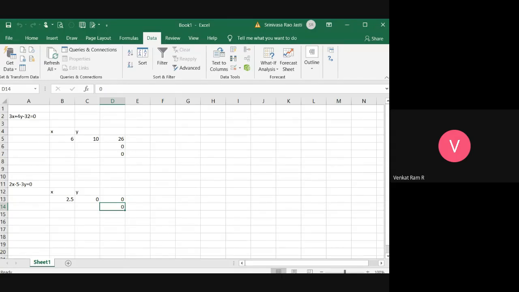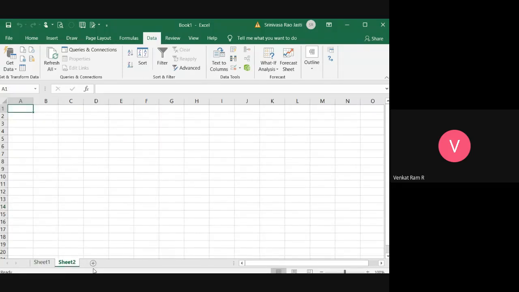Why should we select simplex LP? Because if you are not going to select it, you will be getting values in decimal points, already you are getting. Both values you will get in decimal points if you are not going to select it. It will give in simple values. It won't go for big values.